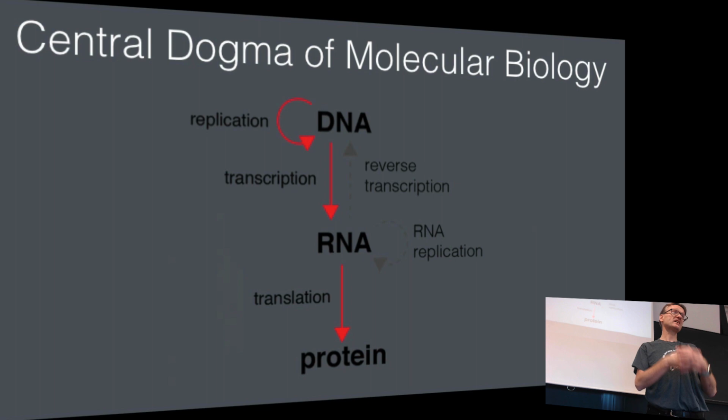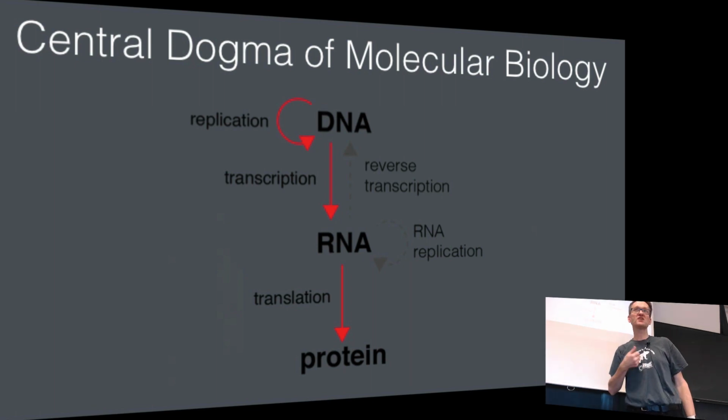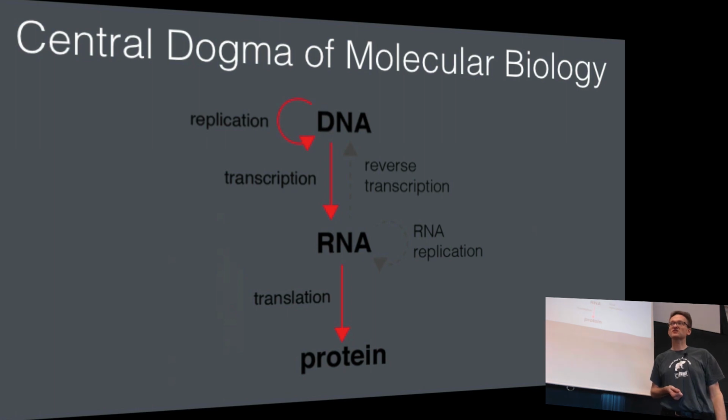For instance, hemoglobin carries oxygen. An antibody, well, that acts as an antibody. And a pump will maybe move ions across the membrane. But it's always sequence, DNA leads to structure, the protein leads to the function, what the protein does. If you want to change the function, we need to change the structure. And if you want to change the structure, that means we have to change the sequence. So sequence, structure, function.